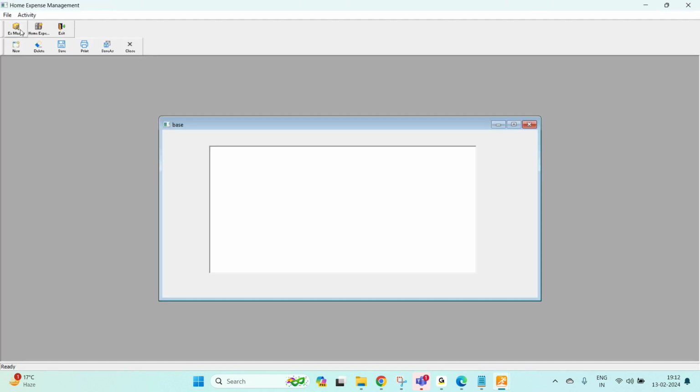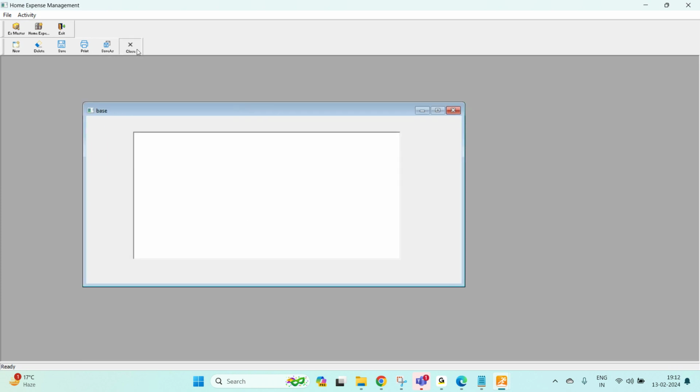Look, this is the frame toolbar available at the top and the screen toolbar available below. Now if I close this,